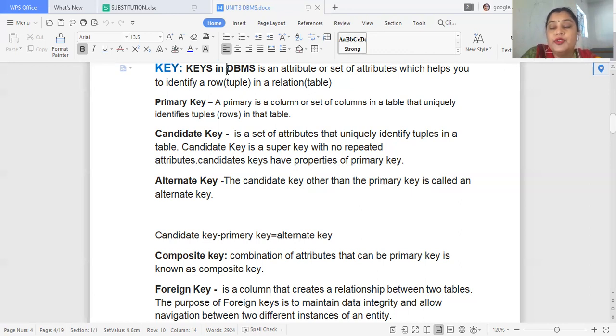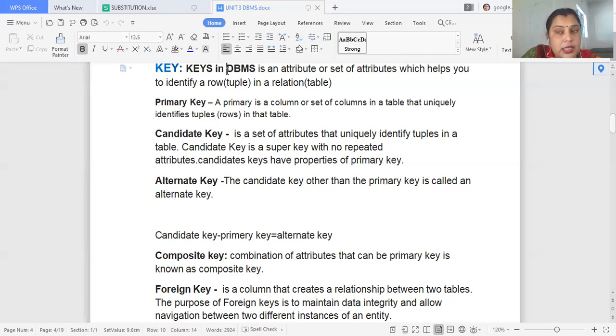Next one is the composite key. Composite key means the combination of attributes that can be a primary key. If a table does not contain a column that is sufficient to uniquely identify the tuples, in this case we can combine more than one column so that it uniquely identifies the tuples of a table.